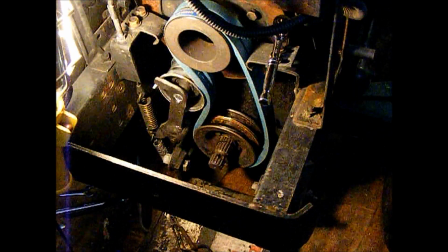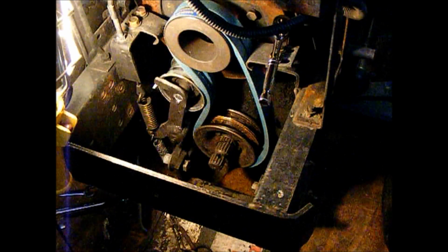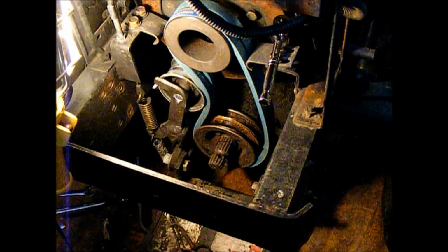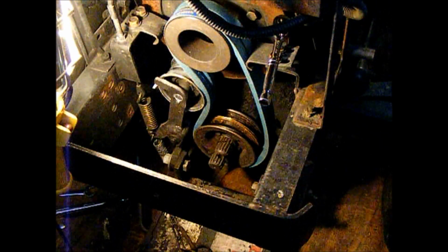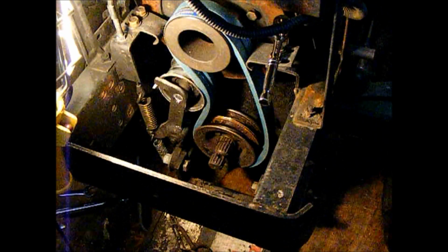Today I'm working on this Ford LGT 14D diesel tractor. Working on the front PTO drive. What happens is